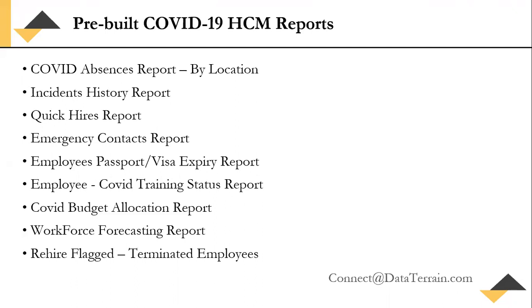And the COVID budget allocation report. This report is basically from the finance module, and it can capture information like how much budget is allocated for a particular project. Currently some organizations have a separate project for COVID. So they allocate a particular budget so that they can buy PPEs or for cleansing or whatever they want to spend on, and this budget will be tracked using this report. Whatever budget is used or remaining, how the budget has been allocated, and for what issues this budget is allocated.